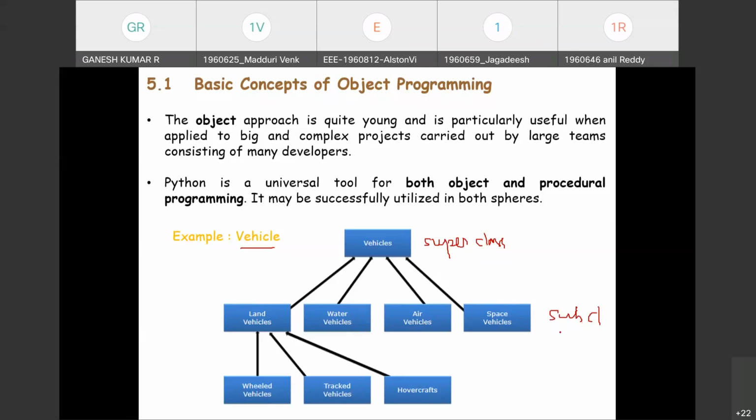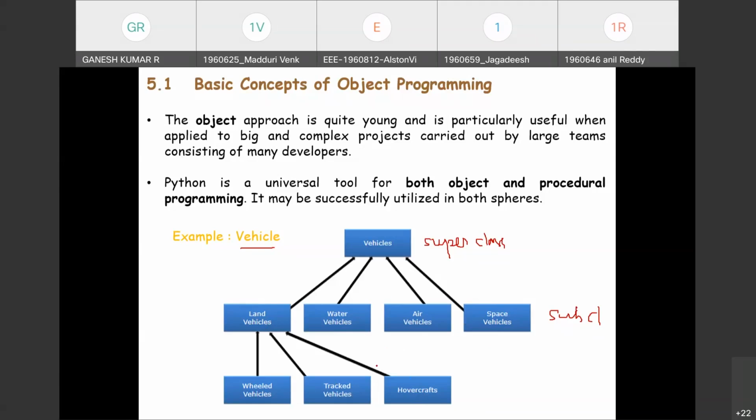In this example, we will discuss the first subclass only, land vehicles, which may be further divided depending on the method with which they impact the ground. So further we can enumerate wheeled vehicles, tracked vehicles and hovercrafts. The hierarchy we have created is represented in the figure.